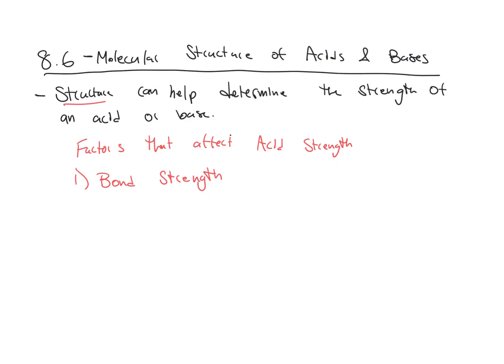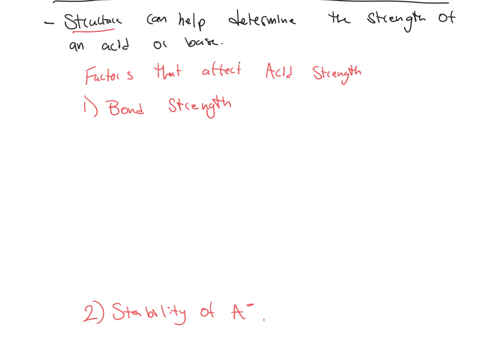There are two big factors that really determine the strength of an acid. One is bond strength, and the second is the stability of the conjugate base, A-. We'll go with bond strength first. Generally, the weaker the bond, the stronger the acid. And so we have to think back to our periodic trends here, but bond length,